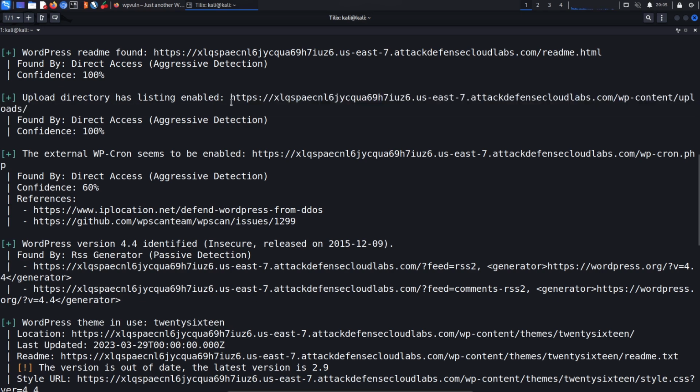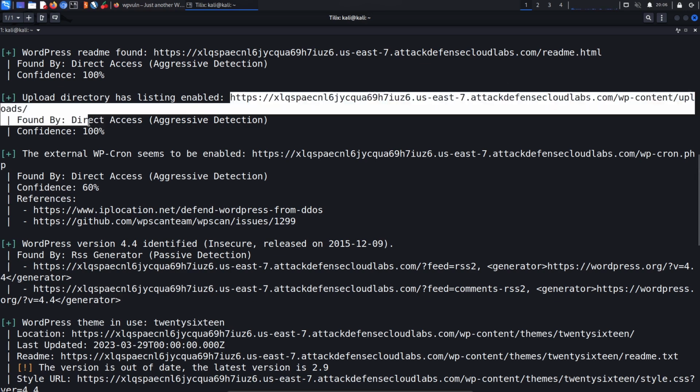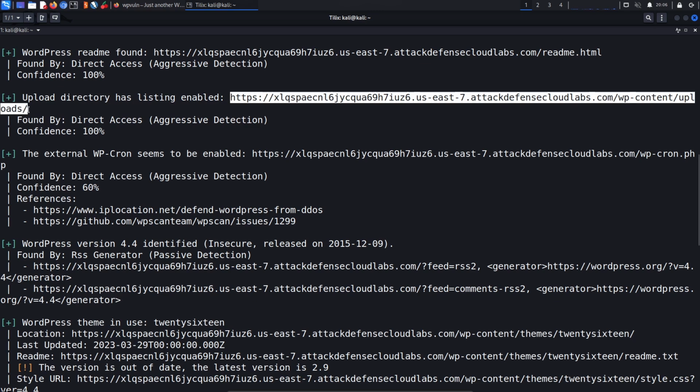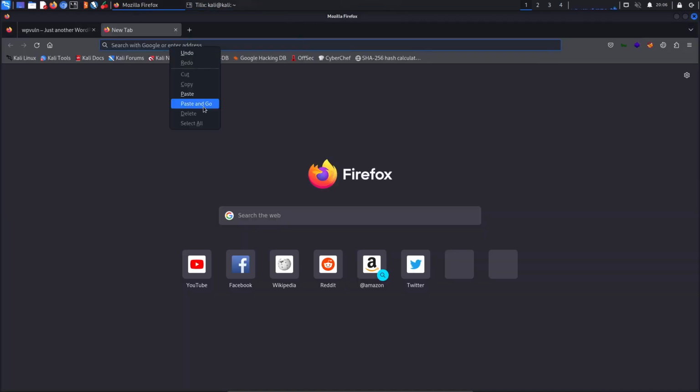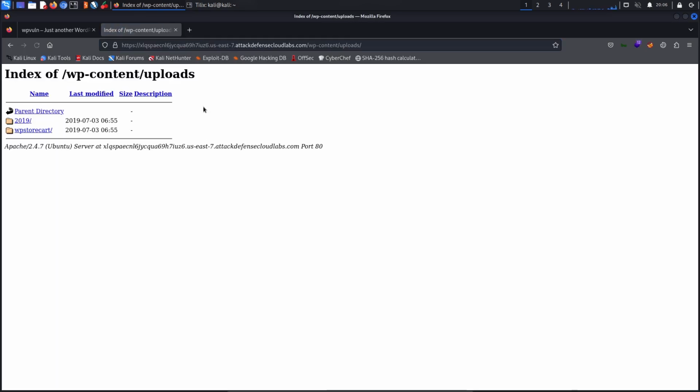So in WordPress, as you already know or probably know, the uploads are stored under wp-content in a folder called uploads. And generally speaking, if the WordPress site has been configured securely, the uploads directory is not publicly accessible unless you are specifying the URL to a specific resource or file within that uploads folder. So I'll go ahead and open this up in my browser just to verify that directory listing is enabled,